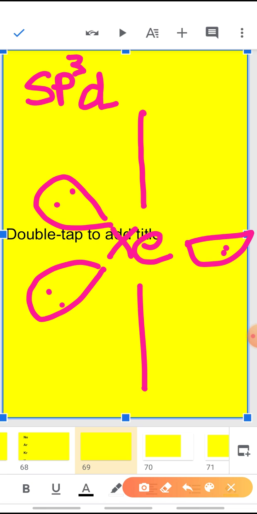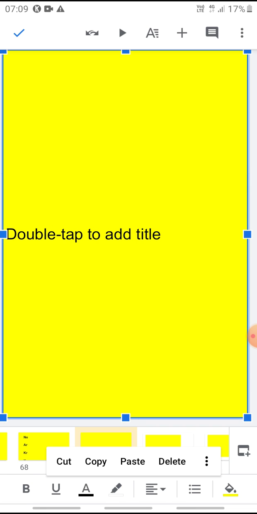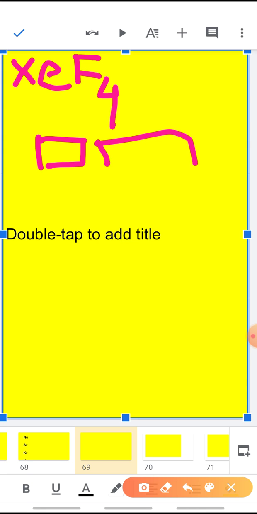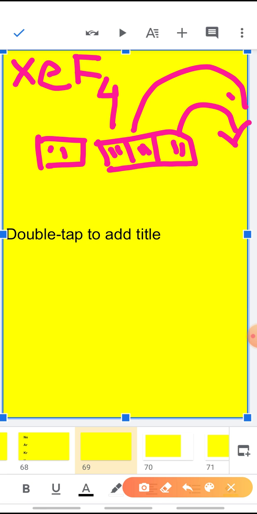Now, coming to XeF4. The XeF4 molecule again will have how many lone pairs? 2 electrons will remain in the s orbital as such, 4 in the p orbital, 1, 2, 3, and this 4th one will be paired, 6 in the p orbital, 5, 6. Now, in order to have 4 bonds, it needs to have 4 unpaired electrons. So, this electron shifts, this electron also shifts. The hybridization state becomes